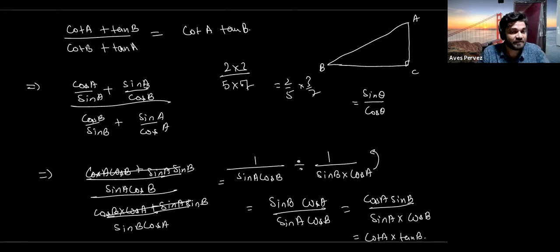So if we're having such a problem, first of all, when we are having cot A, cot B, you need to think that one important thing is that when we have a plus sign or a negative sign in between, and we want to shift it without plus or minus, we want to convert it into the product side. If there is a plus sign given to us, we want to remove this plus sign and get it into the product sign.